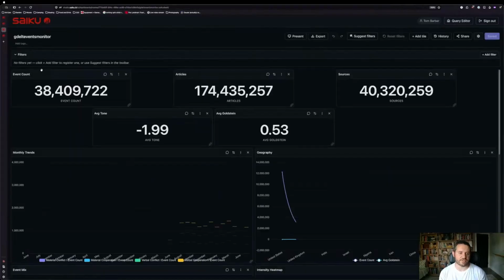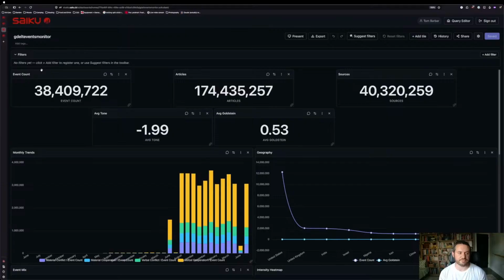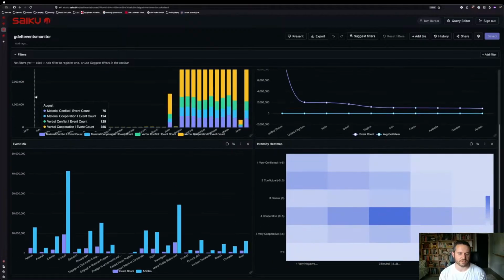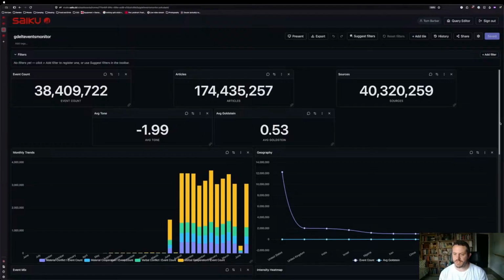And so if I open up the dashboard here, what we have is our GDELT events monitor that I built earlier just to show how this would work. Ooh, I've kind of zoomed in on the chart. But yeah, if I come in here, you can see 38 million events, 174 million articles, 40 million sources, average tone negative, average Goldstein slightly positive. So there's slightly more